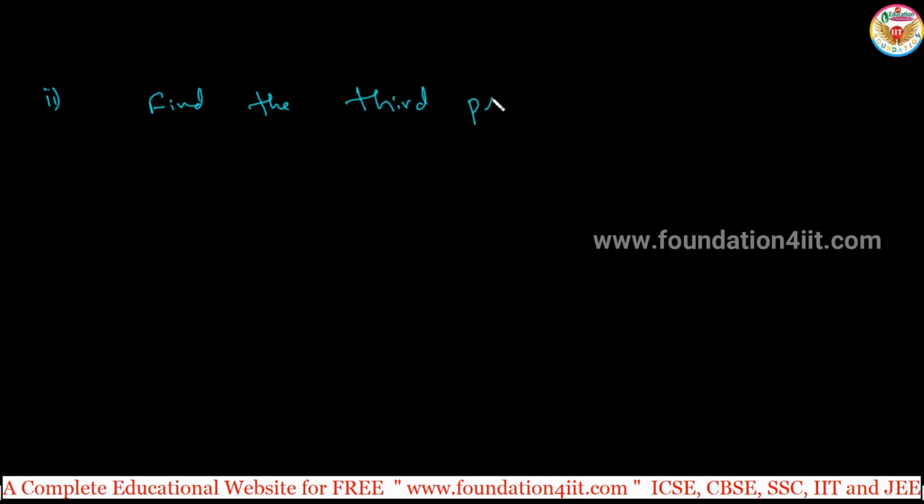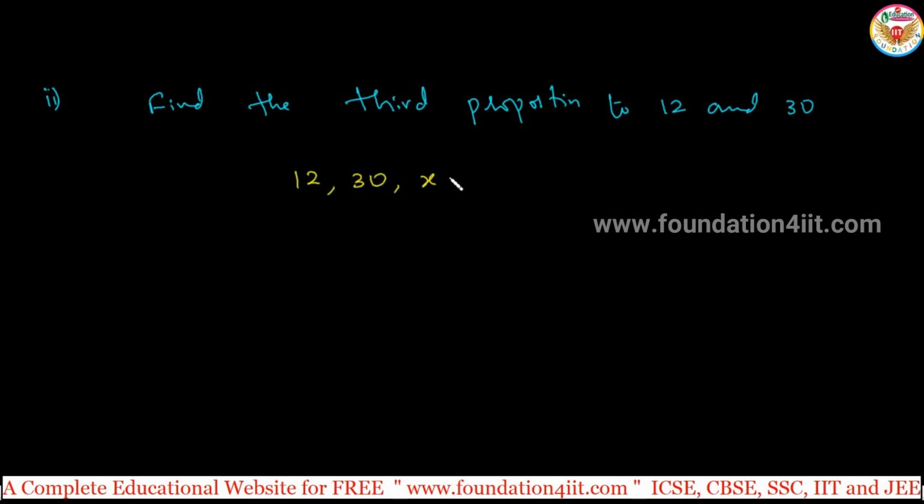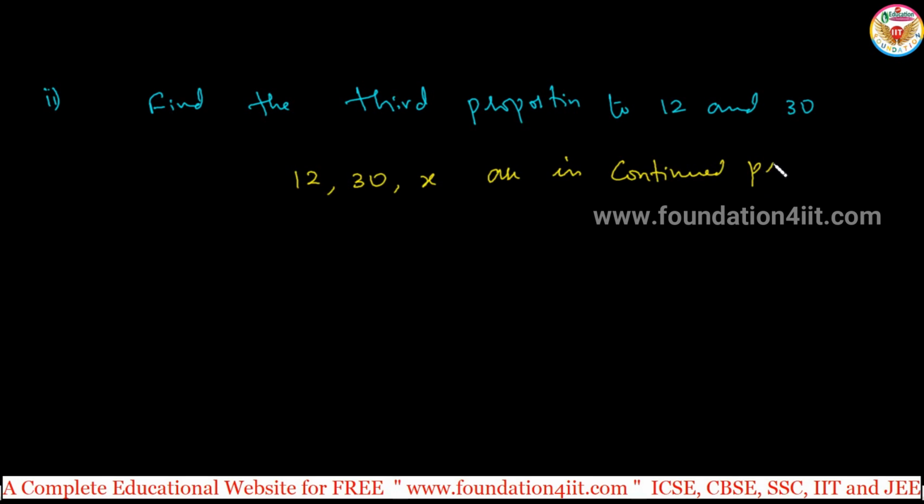Let's see the second question. Find the third proportion to 12 and 30. 12 and 30 are the first and second, and the third proportion you have to find out. So let the third be x. That means 12, 30, x. Only 3 terms are there, so they are in continued proportion. Then according to the rule of continued proportion,